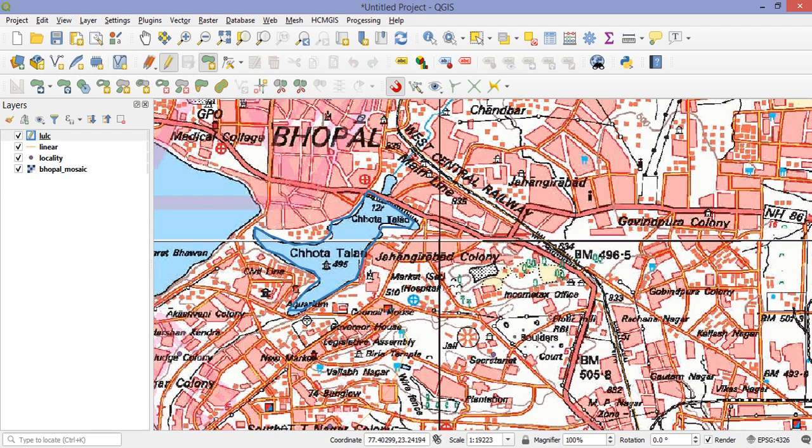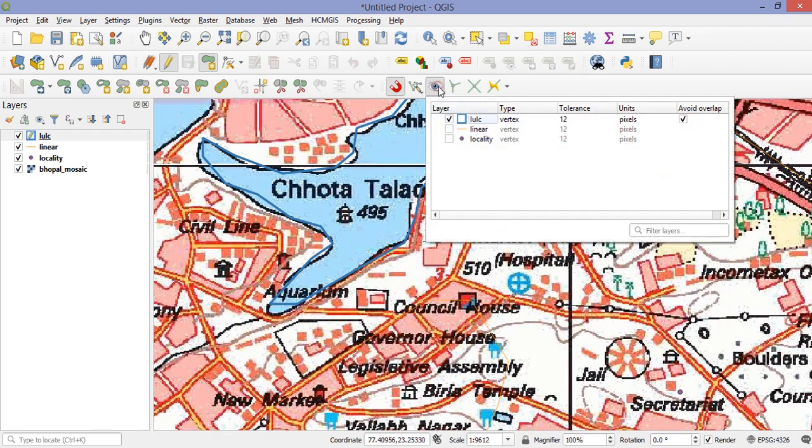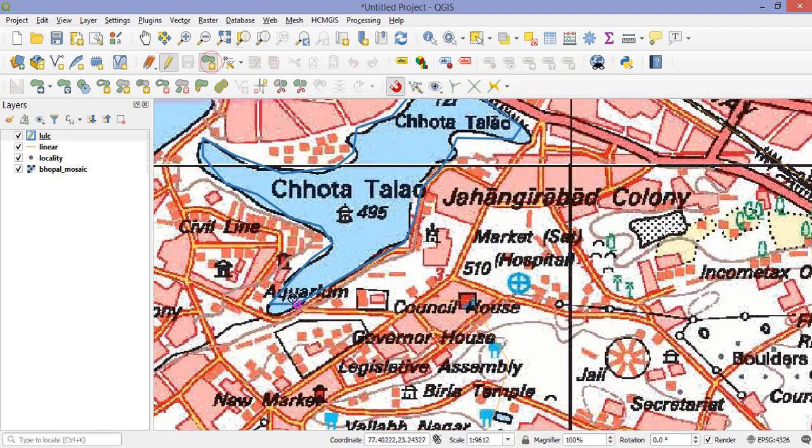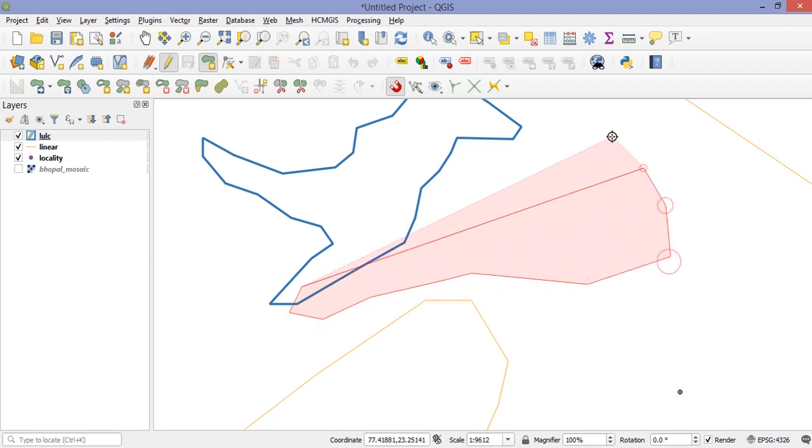So what we will do, when we have activated this avoid overlap option, we will create a polygon. I will just uncheck this map and I will create a polygon. These are just hypothetical polygons in order to explain to you the advantages of this feature. So as we can see, I just right click and end our polygon.